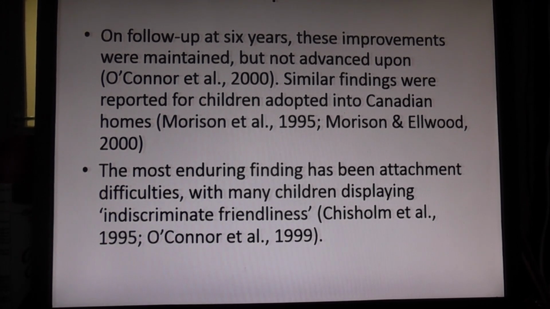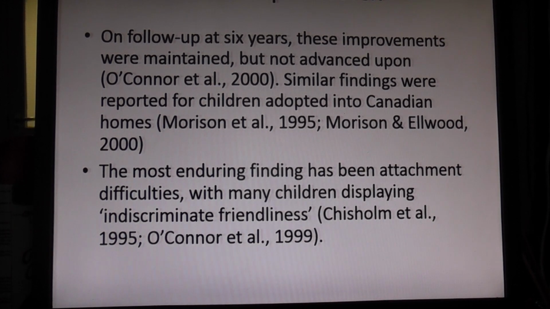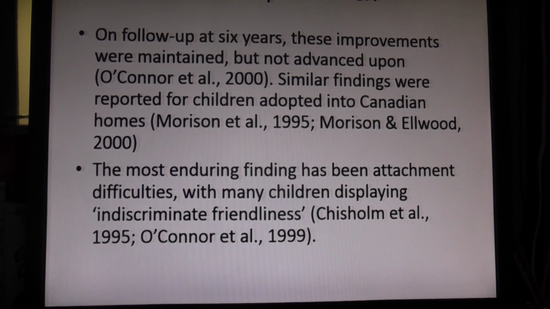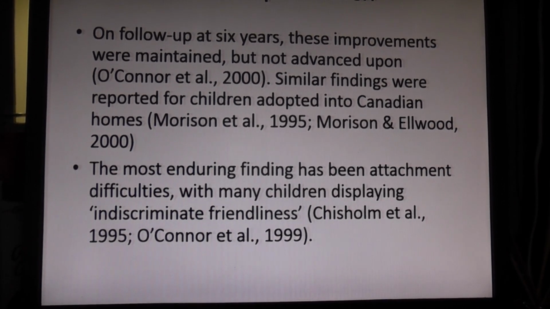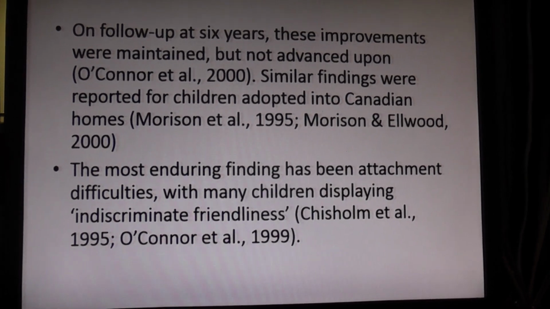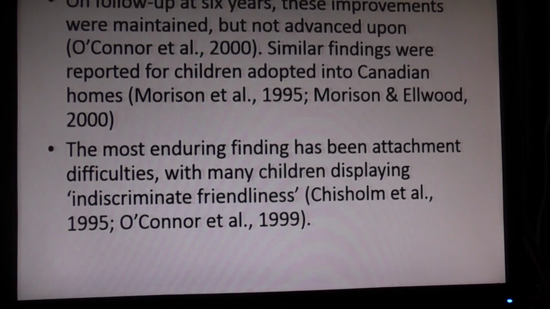One of the main things that children show is indiscriminate friendliness and what's called a disinhibited attachment. This is where children will form friendships or treat everybody exactly the same. They do not differentiate between people at all.